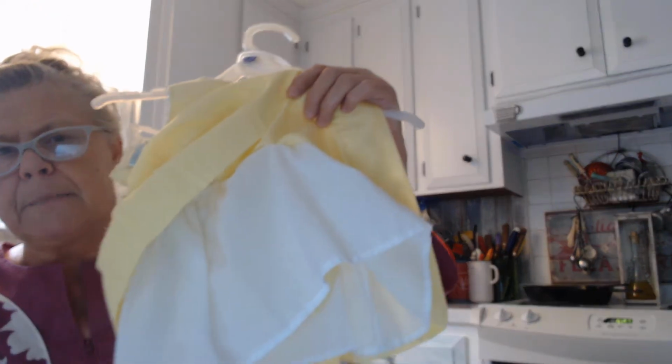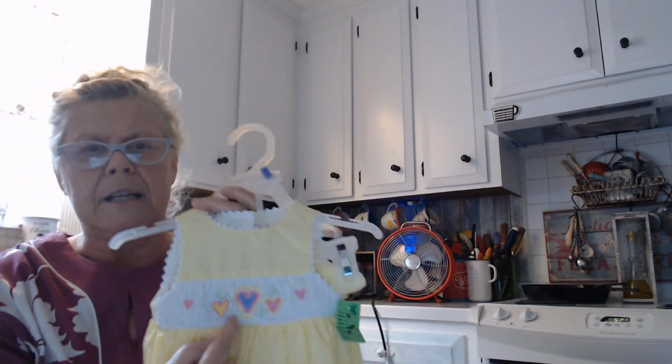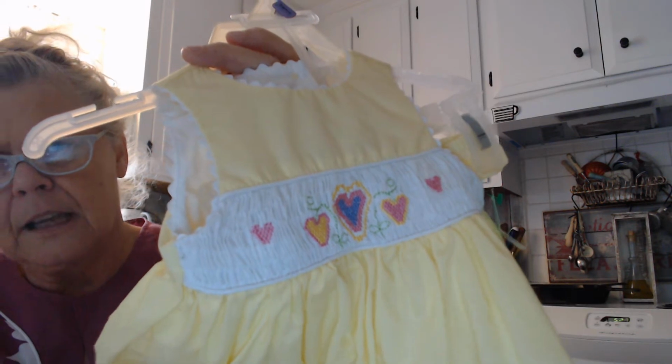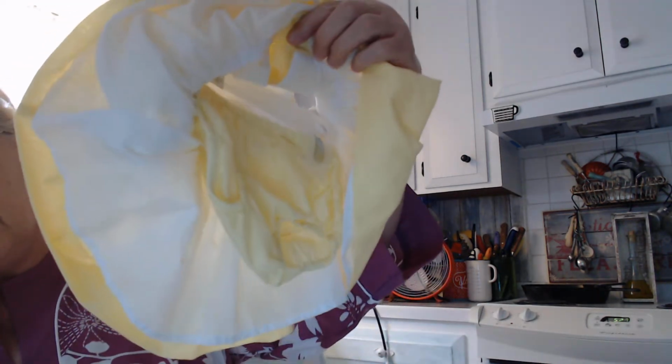I don't know, I can't get coordinated. Golly, everything's backwards when you're on the computer. But here we go. It's got the little smocking design in the front, and the little eyelet trim, and little pants to match underneath. The little pants underneath for $2.99, and it is called